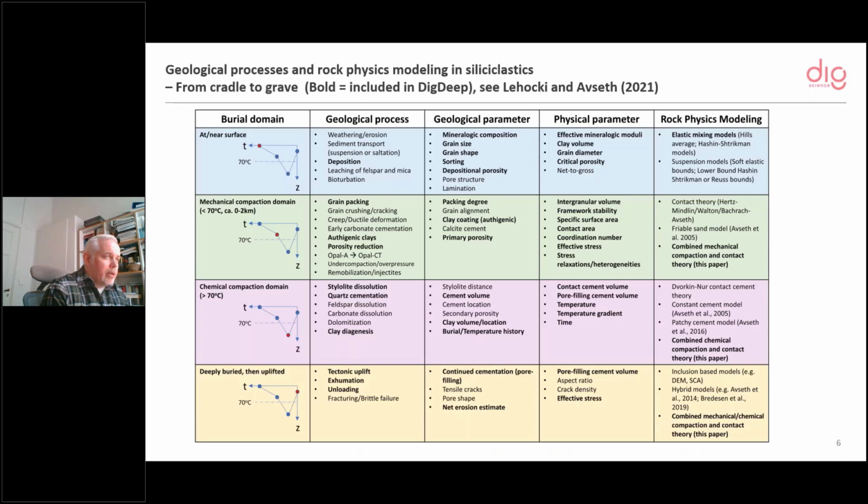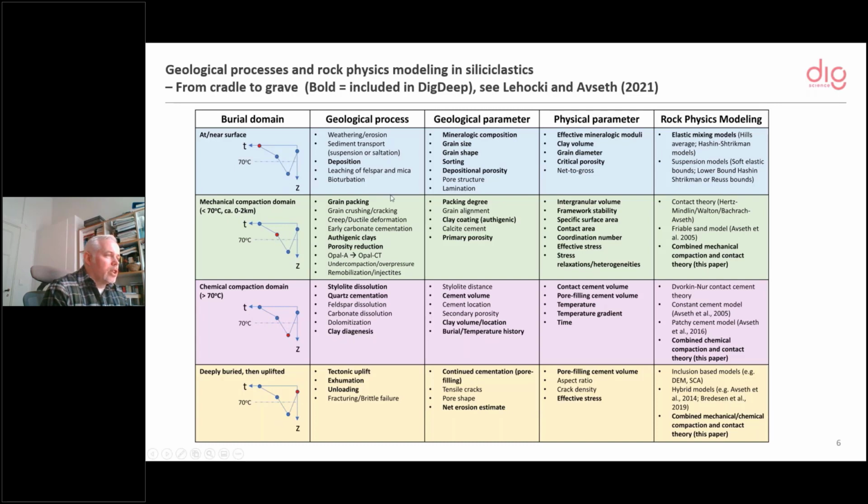Also, a very recent paper has come out where we show some more examples of this, and here's a table that summarizes the strategy. The different rows are different burial domains, going from deposition to mechanical compaction, chemical compaction, and then uplift.